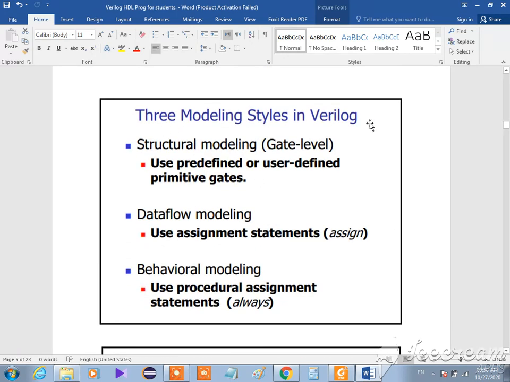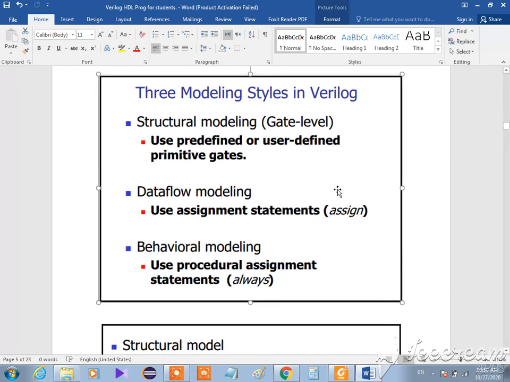And here we have one point for you. Maybe in many books you find different types of the Verilog language. Actually, when you are talking about the Verilog language, you can divide it into three separate kinds of code. For example, here in many codes you can divide it into these three parts: structural modeling,